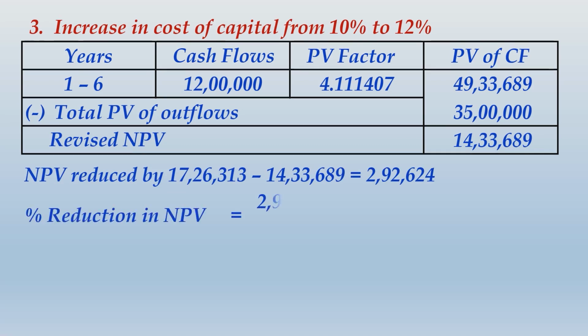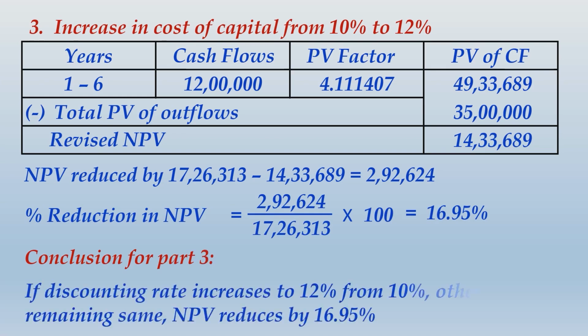So percentage reduction in NPV comes to 16.95%. So the third part conclusion would be, if discounting rate increases to 12% from 10%, other things remaining the same, NPV reduces by